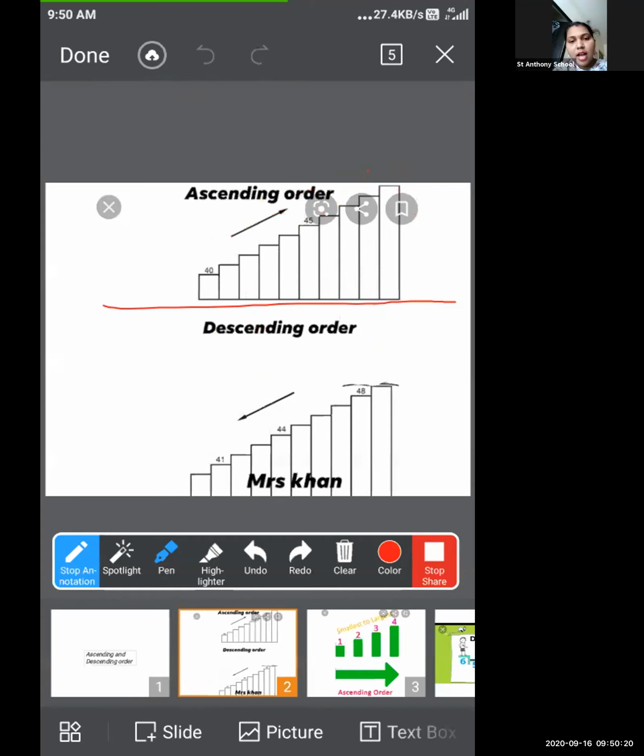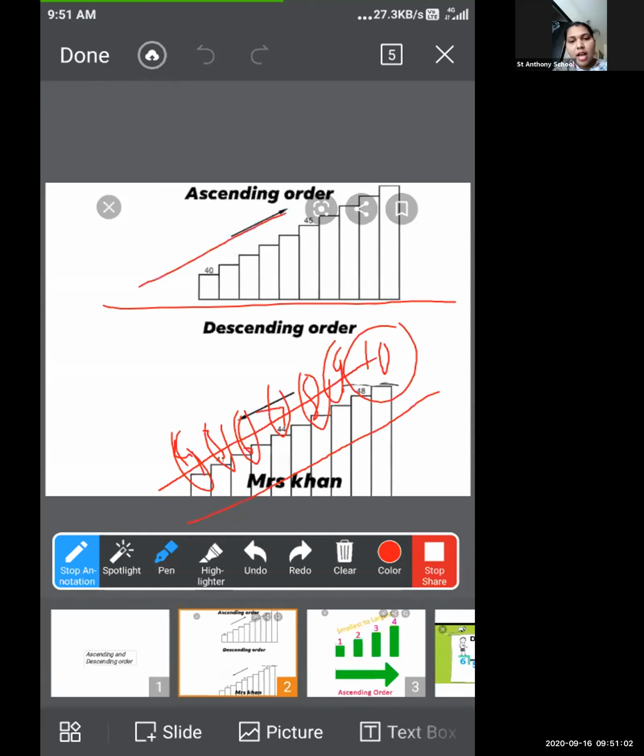And see here, when we write the descending order, from up to down, see, up to down. Like this is 10, 9, 8, 7, 6, 5, 4. When we write descending order, it starts from the bigger number to smaller number, right? It's a bigger number, then after that 9 smaller, 8 smaller, 7 smaller, 6 smaller, 5 and 4. It's a slope like this. It's up to down, and the other is down to up.